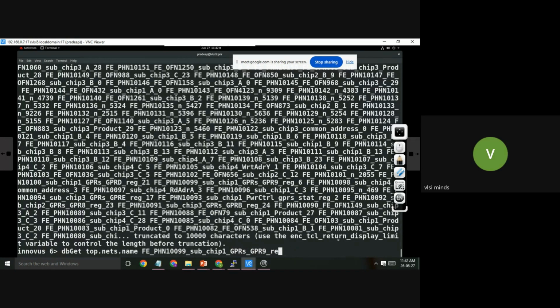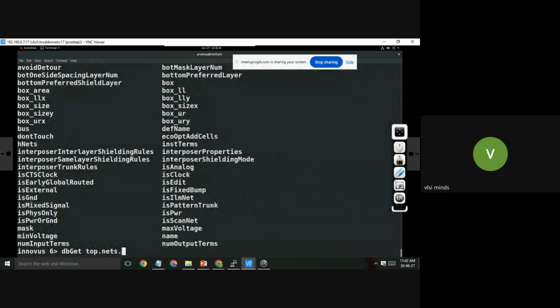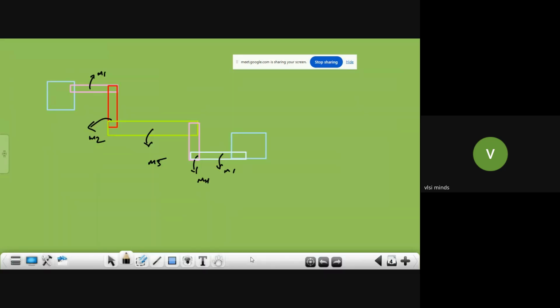See, after nets, if you press tab, you will get wires. Each routing shape is called a wire.